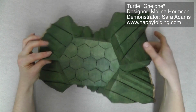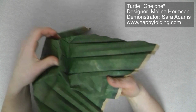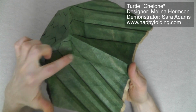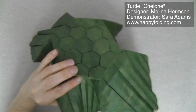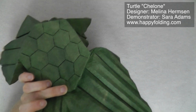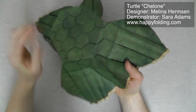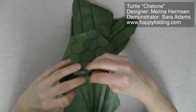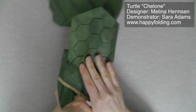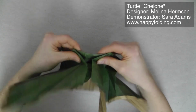So now we can take this one and then fold that over like this. Can you see that? And this paper will have to go somewhere, but we have our crease in place. So let's try and work that out so that it folds over and then flatten it down. That works nicely, right? So let's do that on the other side too. Just pinching that in place, letting it fold over and down. And then you do the same thing here. Right there